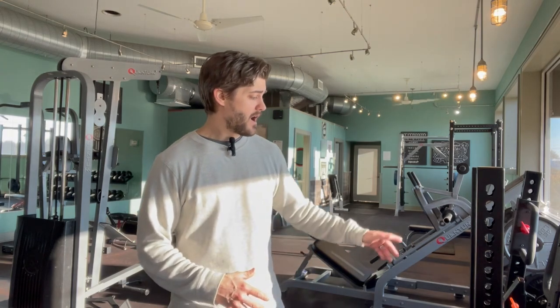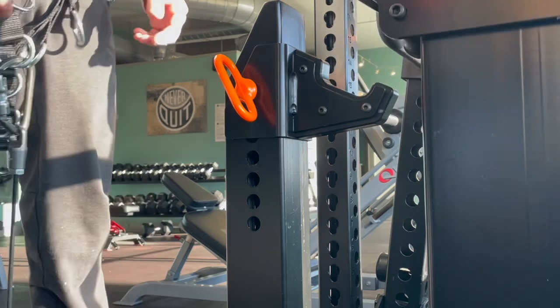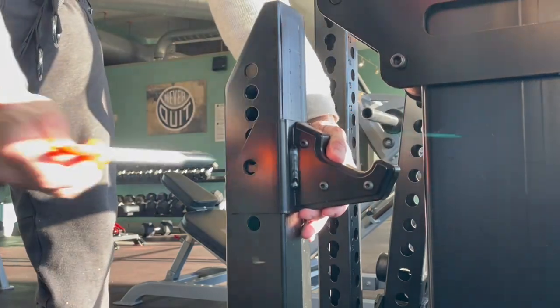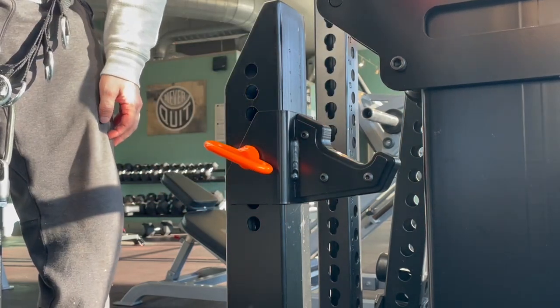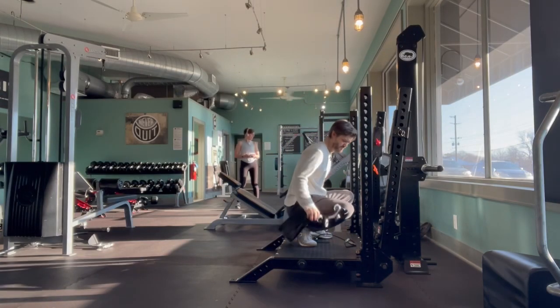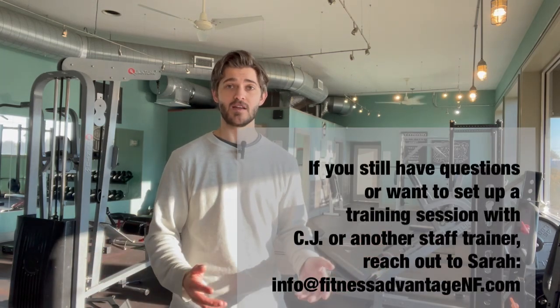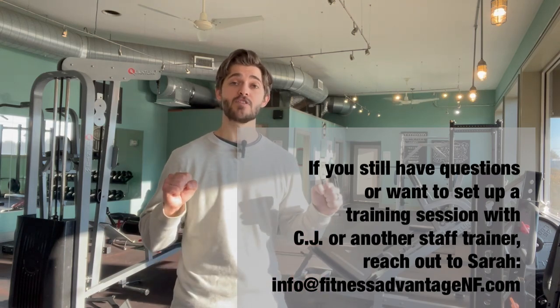Secondly, on the rack part, the J hook, you can actually adjust it for height. So if you have long legs, you can set it for a nice high height. If you got short legs, you can set it for a little bit of a lower height. Thirdly, make sure you squat down when you are hooking the hook on the D-rings. And then, of course, encourage a friend, encourage anybody to use the machine. Be patient with it. It's a very engaging machine. It keeps you focused. And remember to rack